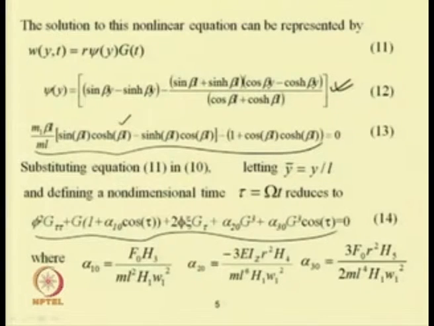Using the beta value from this characteristic equation one can find the shape functions, and then using the shape function in the approximate function, where r is the scaling factor, psi y is the shape function and g t is the time modulation, one can apply the Galerkin method to reduce this spatio-temporal equation to